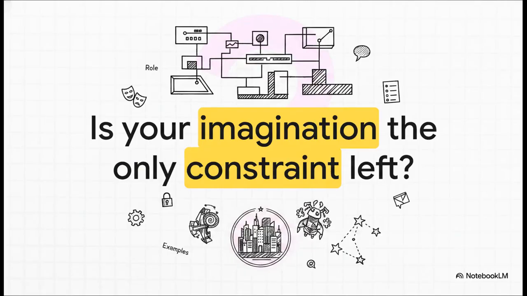Which brings us to a really thought-provoking question to wrap up our explainer today. If AI can generate practically anything when given the correct architectural blueprint, is your imagination the only constraint left? I mean, now that you know exactly how to structure your inputs with a role, a task, context, constraints, format, and examples, those boring generic outputs are totally a thing of the past. The real question is, what are you going to build